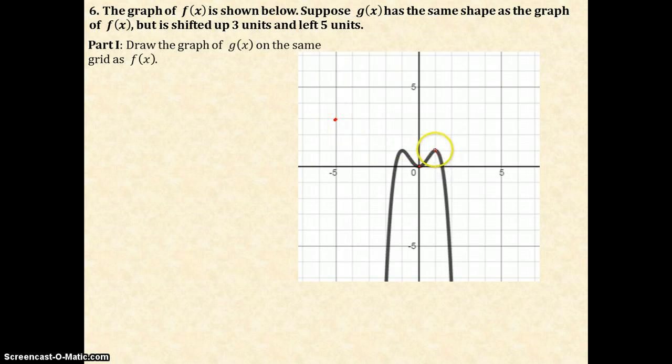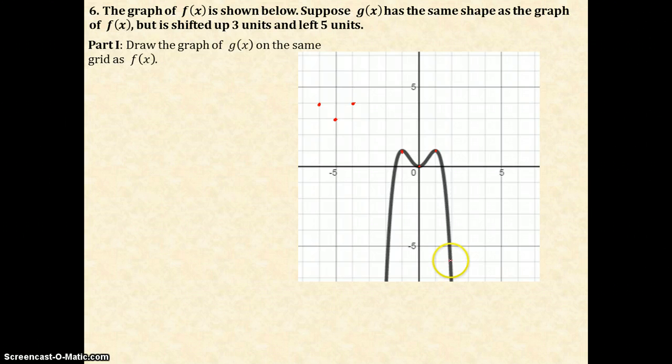If I move this point up 3 to the left 5, 1, 2, 3, 4, 5, it's right there. This point here was over 1 and up 1 from the center point, so over 1 and up 1. Now from this point up here, if I go over 1, I go down 1, 2, 3, 4, 5, 6,